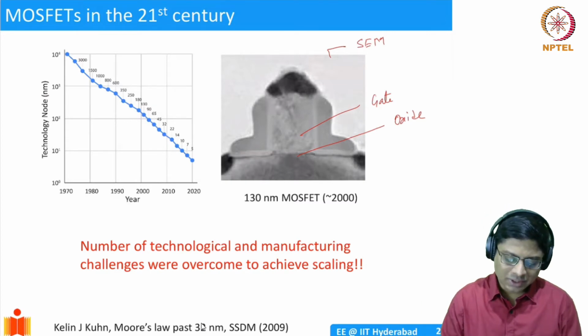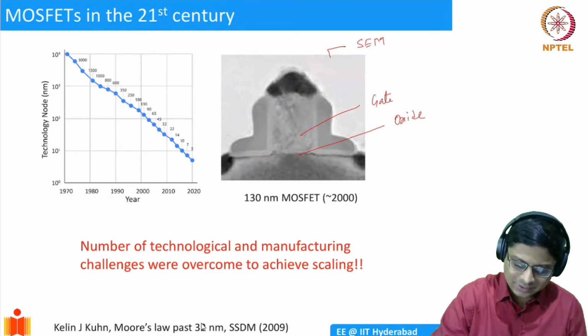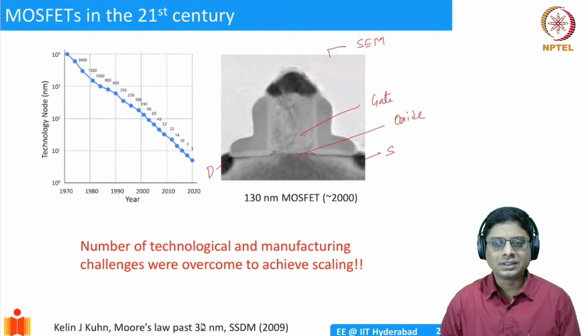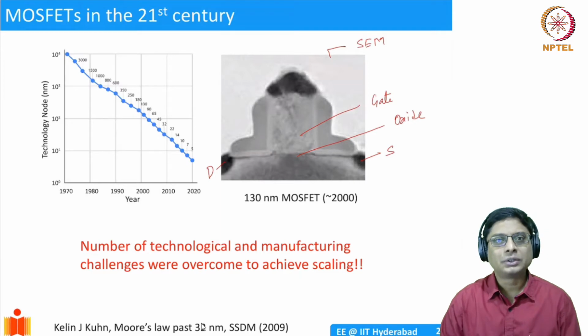So with that, you take an image and you can see the various structures. And there's a great amount of detail. And these edges that you're seeing are the source and the drains, okay? So this is how a MOSFET would have looked like at the end of the 20th century. Of course, it would exhibit short channel effects, and whatever we discussed is all applicable to this MOSFET. So what happened in the last 20 years?